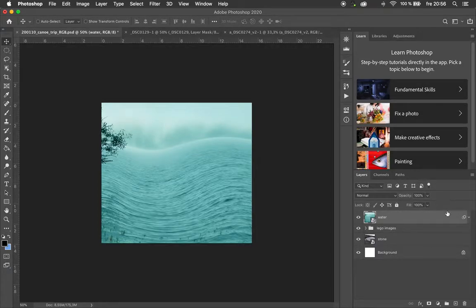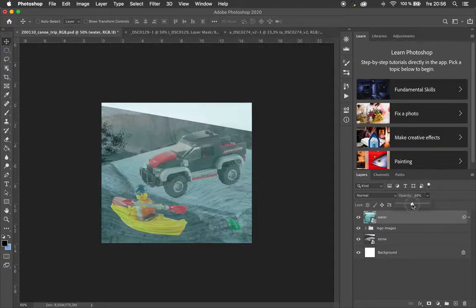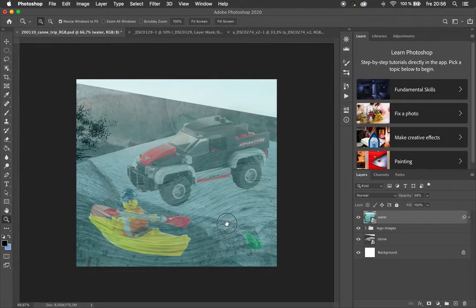What I want to do now is to relax the opacity a bit, and when I do that I can see my canoe and car and stone again. And what I want to do now is, or maybe not, because I think the streamlined shapes are quite good, but if I want to rotate a bit,